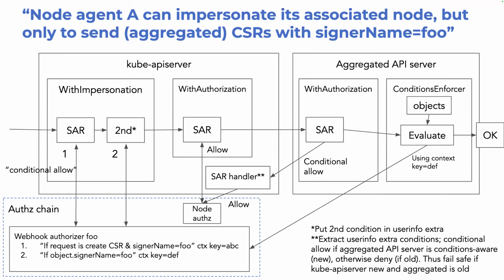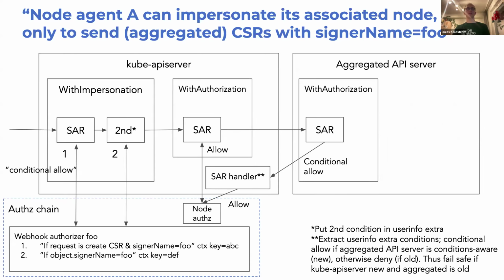We could have a field on the API service that defaults to off, where the aggregate API server has to opt in to this behavior, and we can have the Kube API server check that before it forwards these things. So there are ways to make this safe so you don't have rollout problems. At the end of the day, none of this is going to be simple or easy. It's going to be complex if you're trying to have many separated layers understand what's happening.